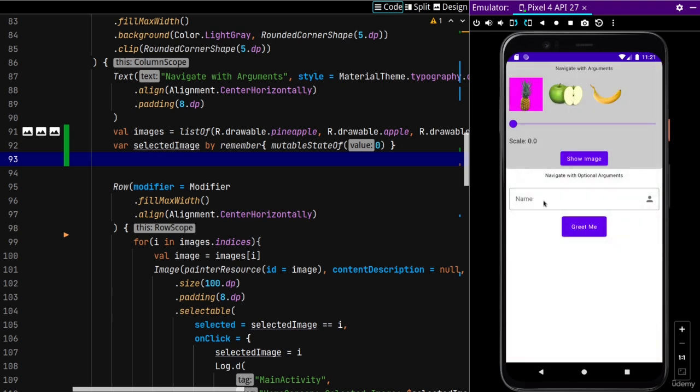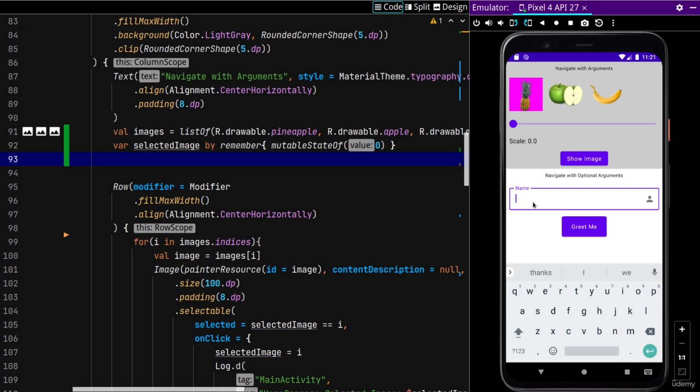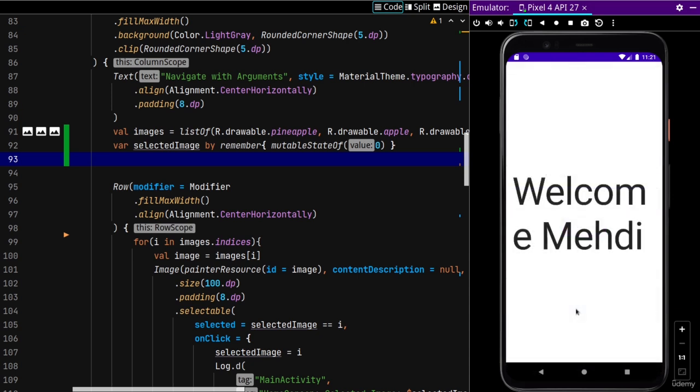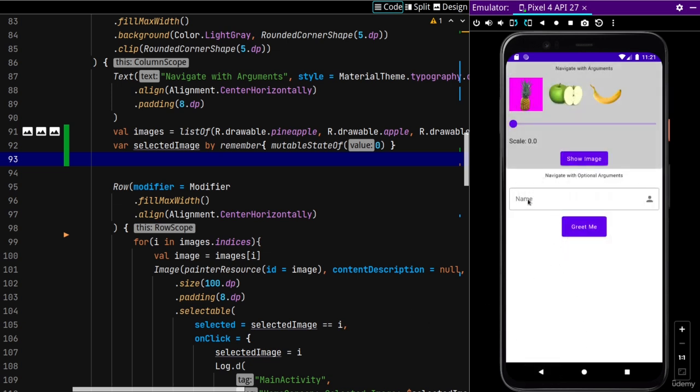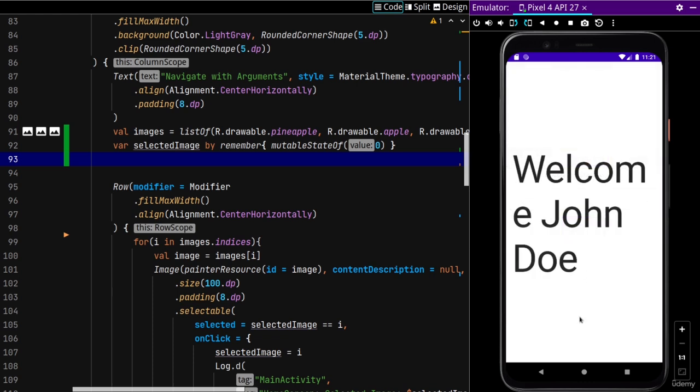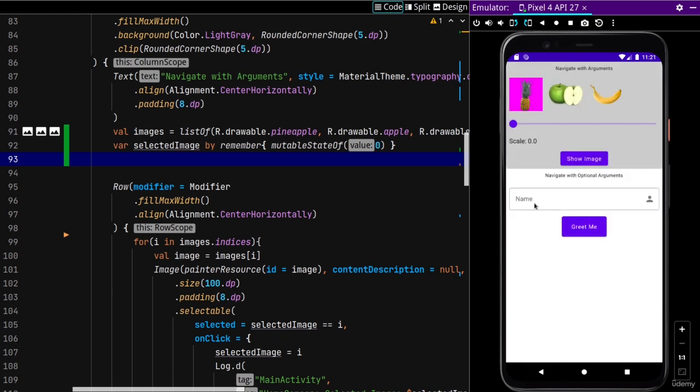Now what about the second part? The second part where I can send my name. Welcome Mehdi. So what happens if I don't specify anything here? Welcome John Doe. The reason is that the default name is used here. If you don't specify a parameter,